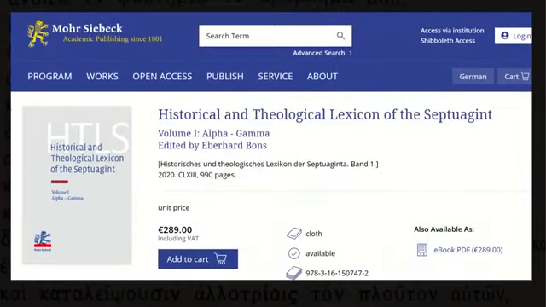Sadly, it's profoundly expensive. So we're looking at 289 euros here. So unless you have access to a nice library, most non-specialists are not going to have their own copy of this. My hope would be once it's complete and perhaps it's loaded into Logos or something like that, perhaps it'll be cheaper. But right now we're stuck with a very expensive volume, probably low distribution. Mohr Siebeck doesn't make anything cheap, frankly. And so that's an unfortunate reality that we have to navigate. But maybe you can get it on interlibrary loan if you're lucky.